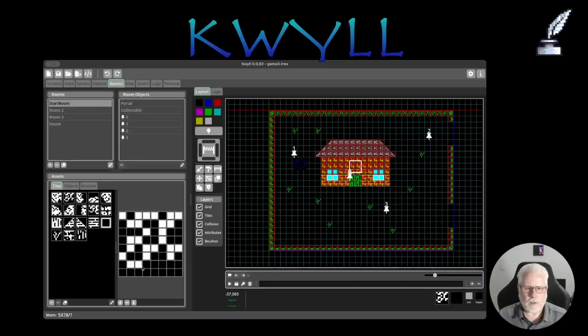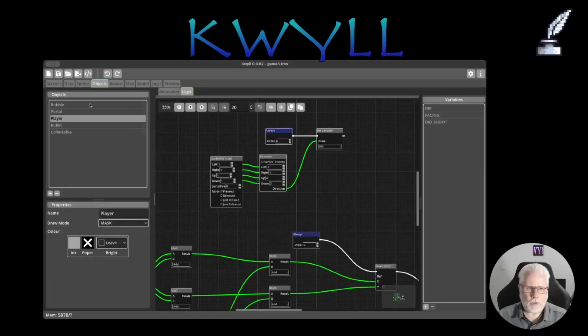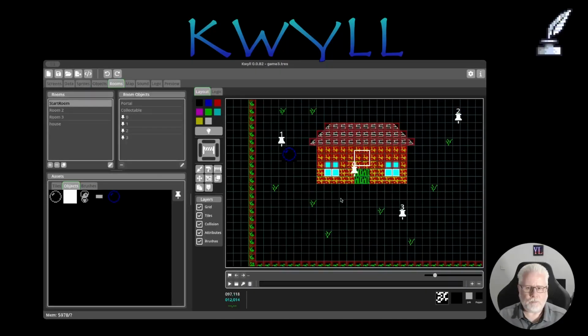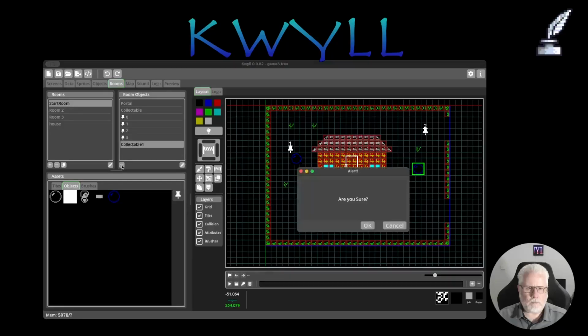I won't go into the details on that, but there is an additional tab in the assets which is objects, because you can place objects from the objects list into rooms. This is one such example. So the blue bubble has been dragged and dropped into the room, and you do that just by literally dragging it and dropping it in, and it will show up as a new object in the list. If we delete that one,